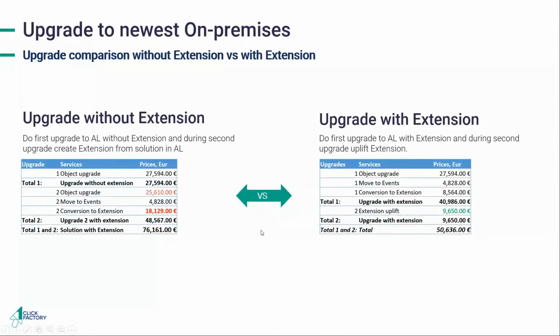And if you are not convinced until now, I can show you some numbers from demo estimates we did. So upgrade without extension, there was one quite big partner which upgraded. You see it's only 27,000 euros. But the next upgrade would cost almost the same or a bit less, but still there are a lot of conflicts, a lot of code modifications, standard changes, price functionality implementation, and so on. So we still need to do the same code merge,